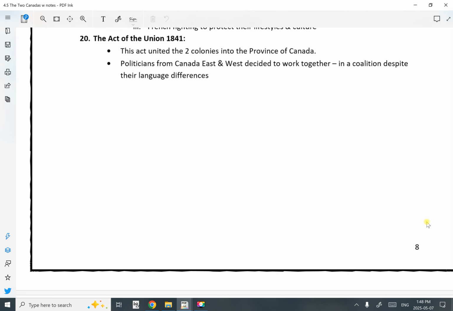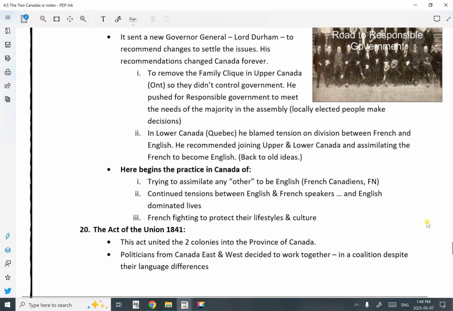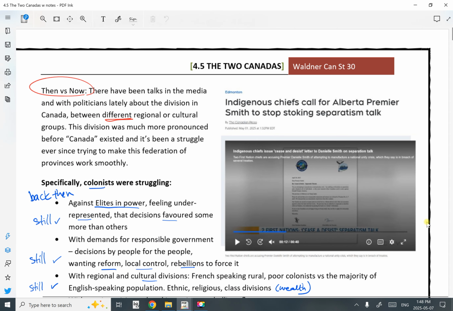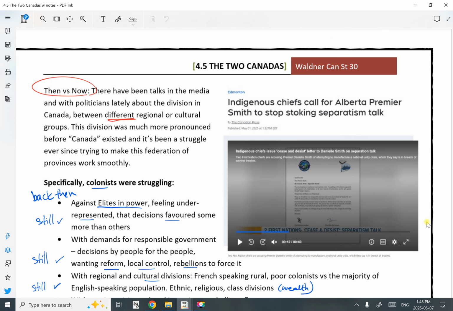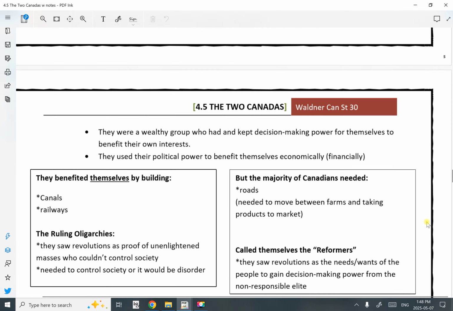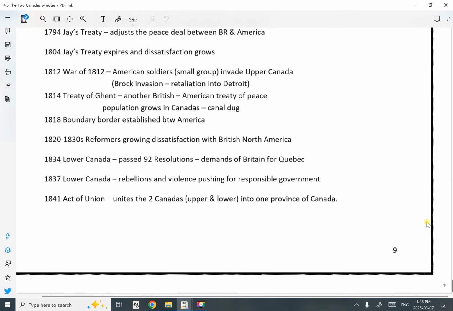Right, you won't be without. I'm 4.5.2. Yeah. No, this is the one that looks like this at the beginning, the comprehension questions. No, it looks like this at the beginning. On the front it says 2 Canadas and it's this. Oh, yeah. So if you go to the second last page, it's before the